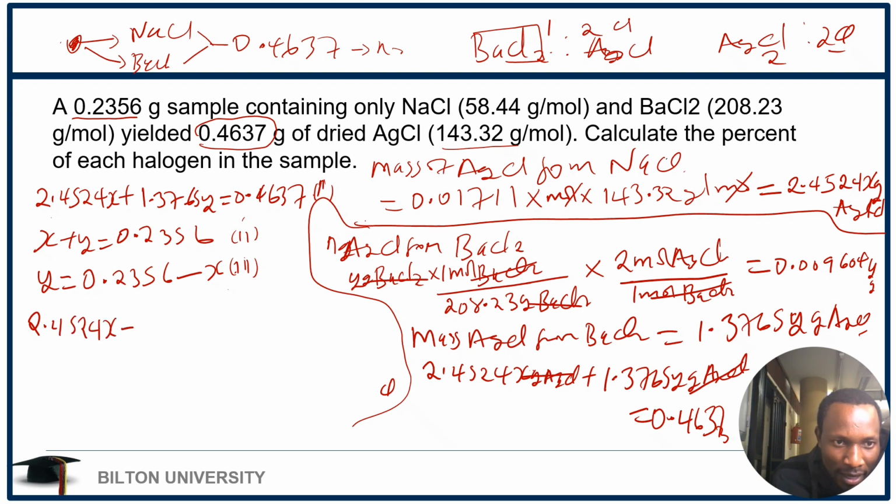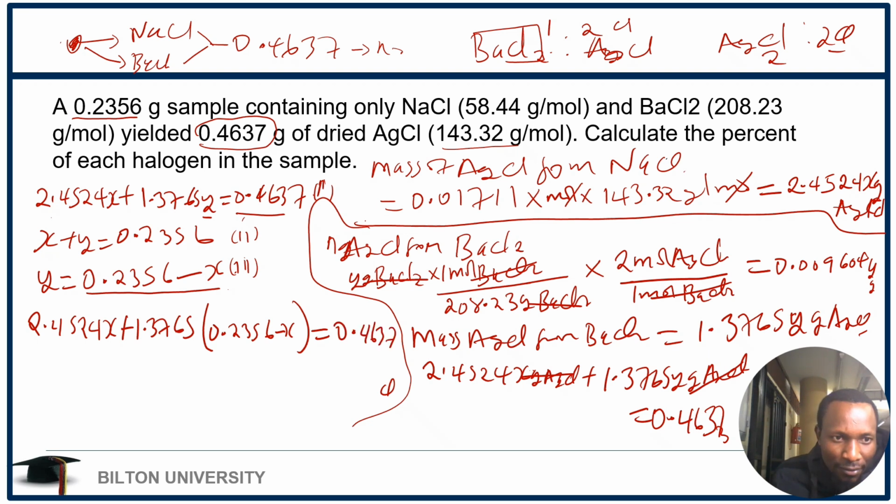2.4524x plus 1.3765y. But now, instead of writing y, this is our new value of y, so we're going to substitute it and say 0.2356 minus x is equal to this value here, 0.4637. So from here we can proceed and say